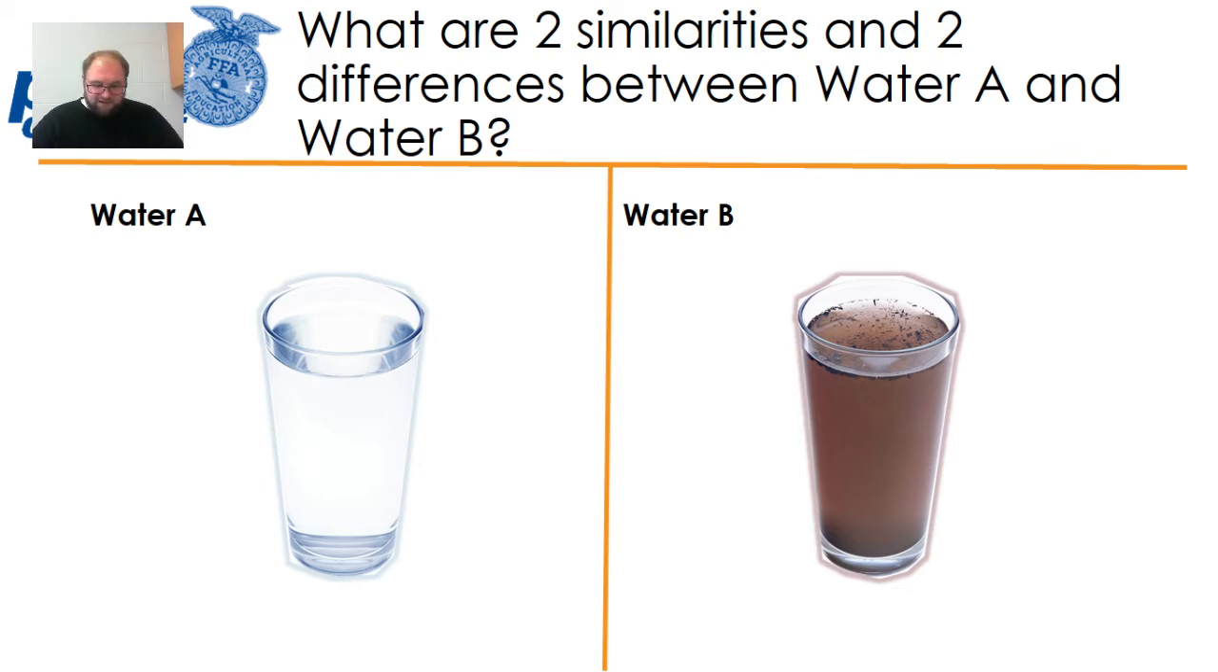Basically, because the water isn't see-through, it leads us to think that water A is the better quality water. Well, what if I told you that water B was just going to be water that we were going to use to wash our car? Or if it was just water that we were going to